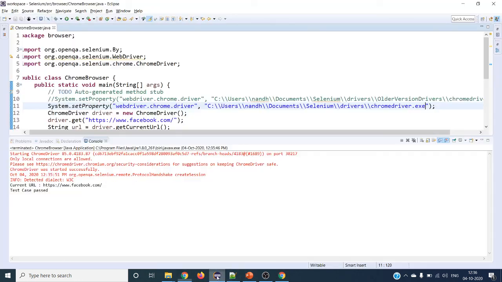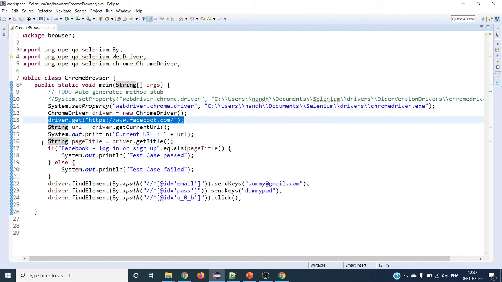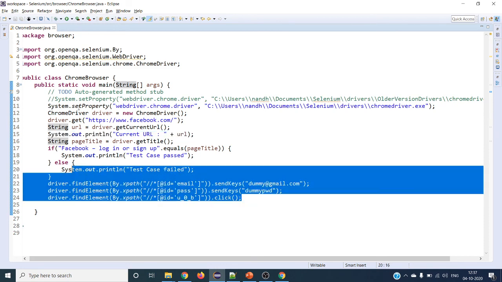Yeah, so this is how we can automate using the Chrome browser. You can see over here we have done launching facebook.com. We got the current URL and the page title. We have tried giving the input of our email and password and clicking on the button. So this is how we can automate.